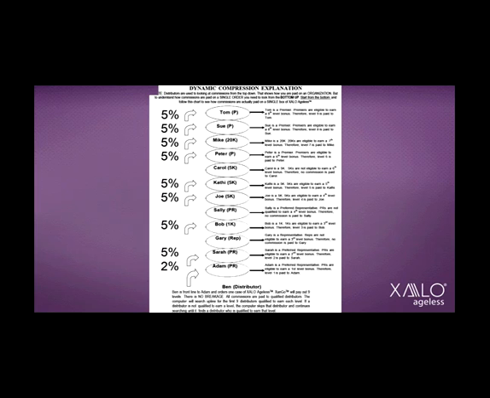A 5K is eligible to earn 5 levels. A 20K is eligible to earn 7 levels. So at those ranks, what if you have volume below the levels that you're eligible to get paid on? Well, most companies keep it. It's called breakage. You're not yet eligible to earn it, so the company keeps it.